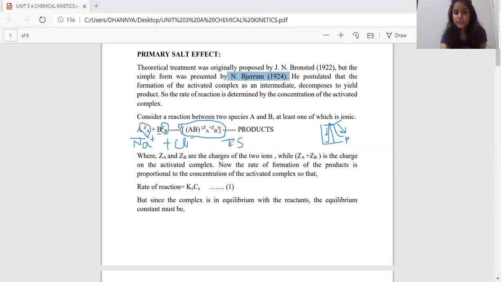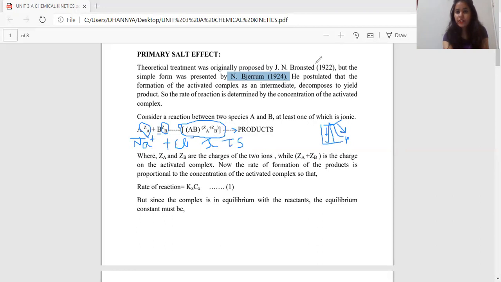So this is called either the transition state or the intermediate state, or any state which exists for a very short duration of time. Here we can see AB, which has both the charges, ZA as well as ZB, and then it will break down and result in the formation of a product. For simplicity, in the entire reaction I'll be considering AB as X, the activated complex. This is also considered an activated complex.